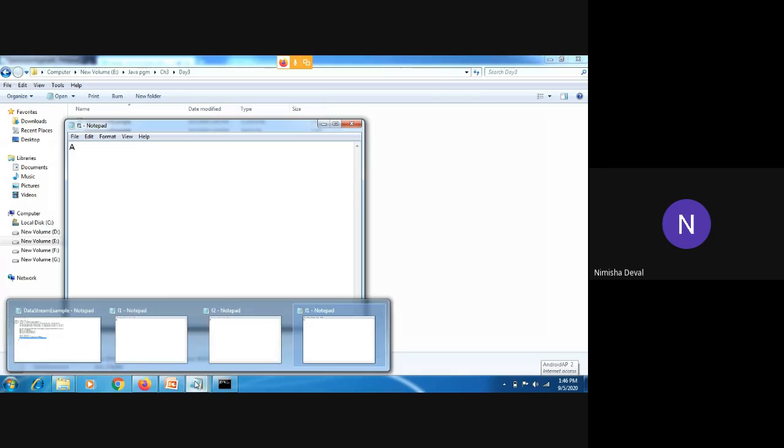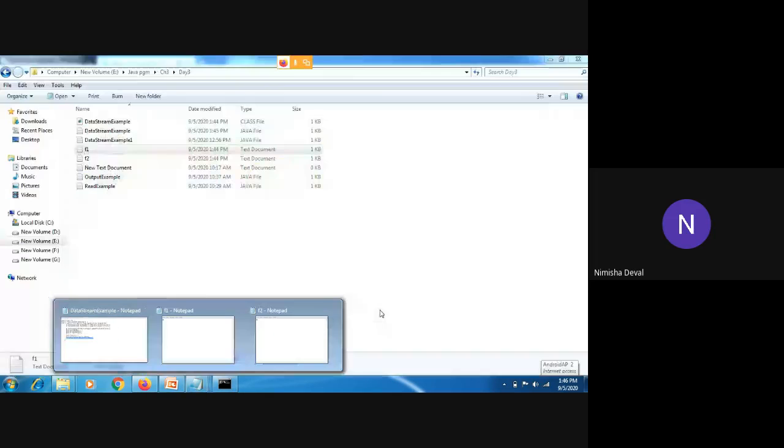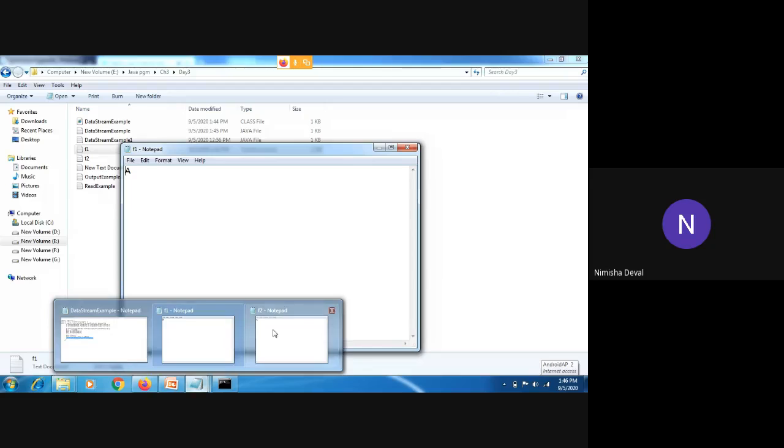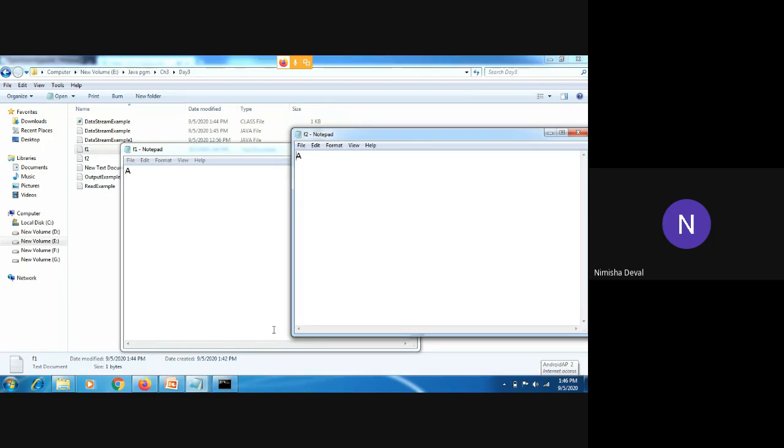Okay. 1 minute. I will show it to you simultaneously. Okay. We have written 65 in the write method and this is the ASCII value of capital A, and that value gets converted into letters and is stored into these two text files as we have mentioned in our program, right?